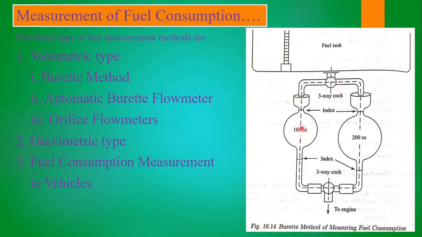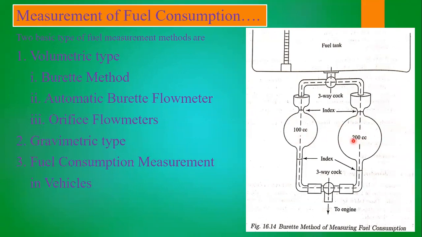And coming to measuring the fuel consumption, here we have two glass bulbs. Why are we taking two glass bulbs? Nothing but for accuracy. Suppose 100 cc takes some 20 seconds, then to consume 200 cc, how much time should it take? Definitely it should take 40 seconds. It is nothing but a confirmation method. Otherwise, there may be some fault in the flow measurement.